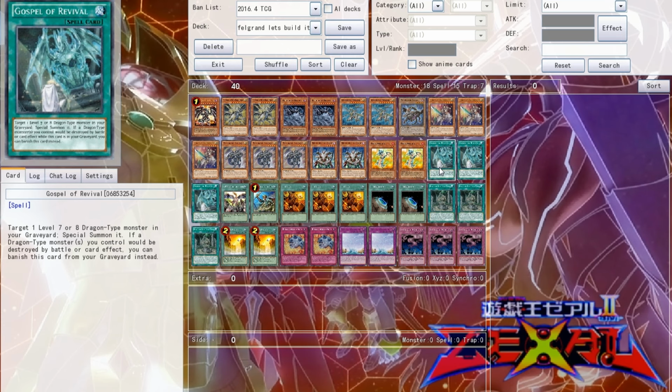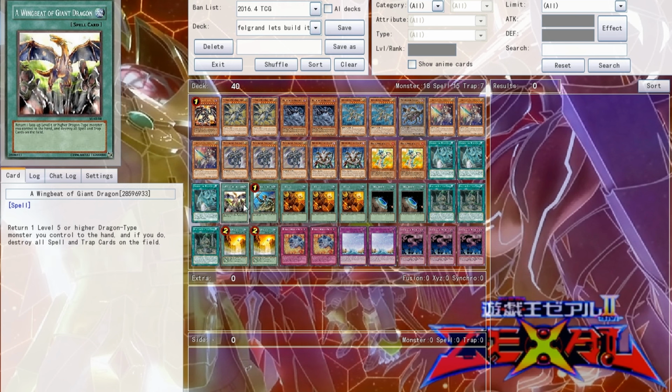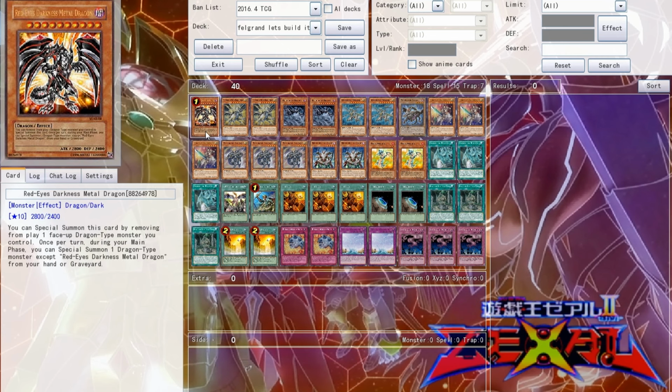And it stops a lot of stuff. It really does. Winged Bee of a Giant Dragon: return one level 5 or higher dragon monster from your hand, and then if you do, destroy all spells and traps on the field. So you can instantly see how good that is, especially if you have Red Eyes Darkness